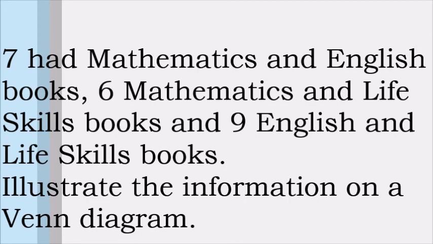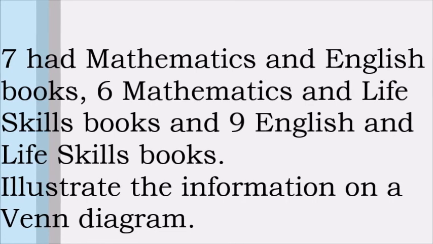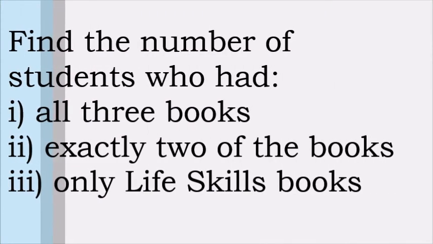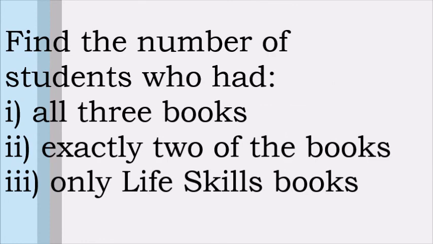Illustrate the information on a Venn diagram. Find the number of students who had all 3 books, exactly 2 of the books,